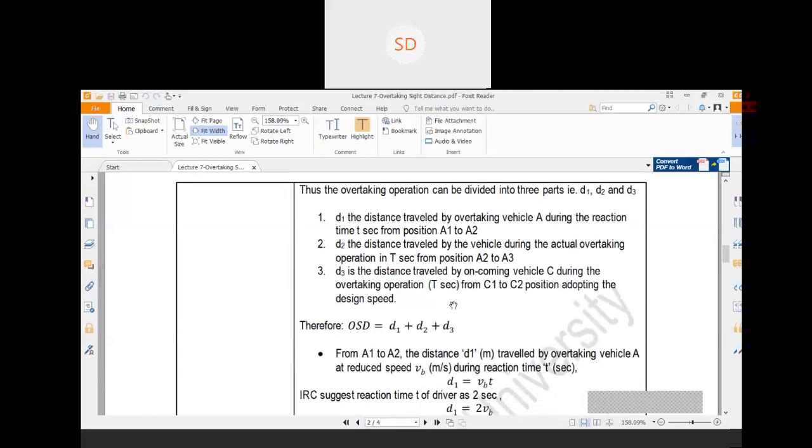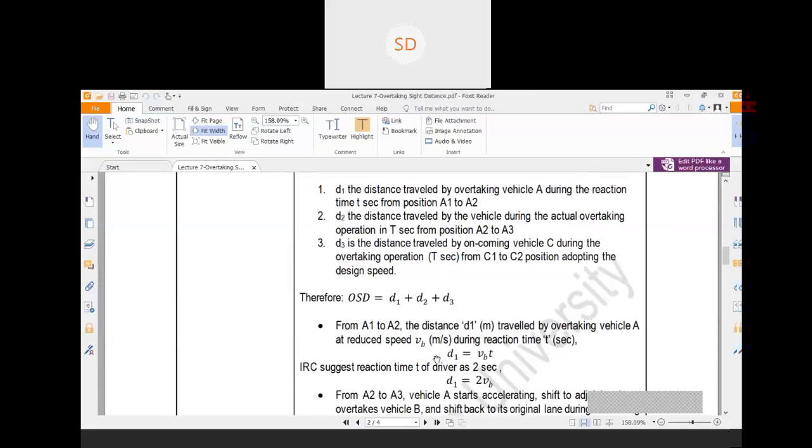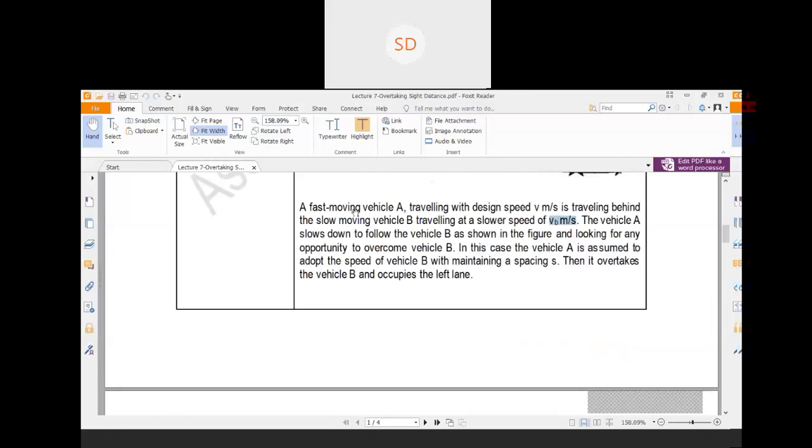Now this thing we have already discussed. Your overtaking sight distance would be d1 plus d2 plus d3. So from your picture, your d1 would be the speed of the overtaking vehicle into your reaction time. Now initially it was written that a fast moving vehicle A traveling with a design speed